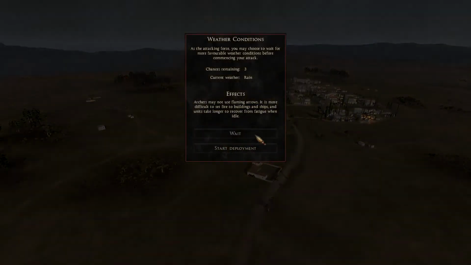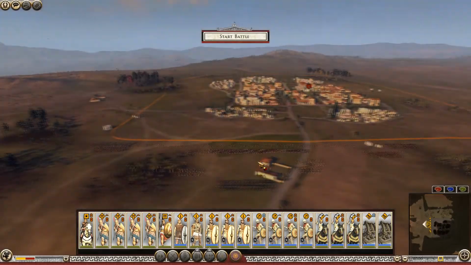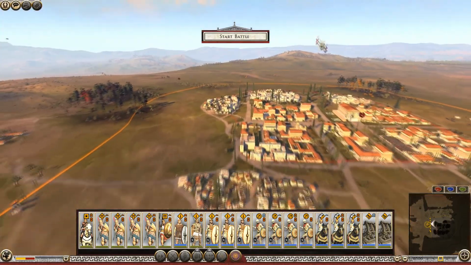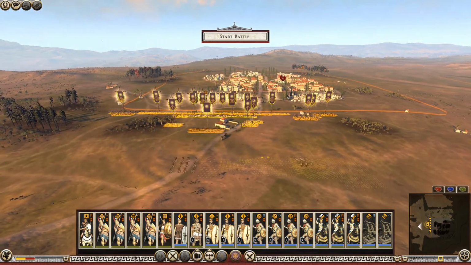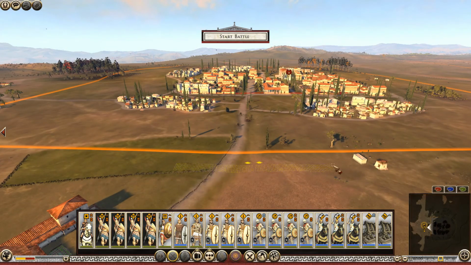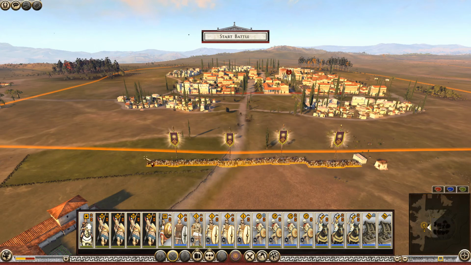Right, rain. As always said, don't want rain. Nice and dry. And we've got a nice open area here. And yeah, I think this is where we're going to set up. Now, of course, one element is going to be where their general unit's going to come from. Right, got a building there, so